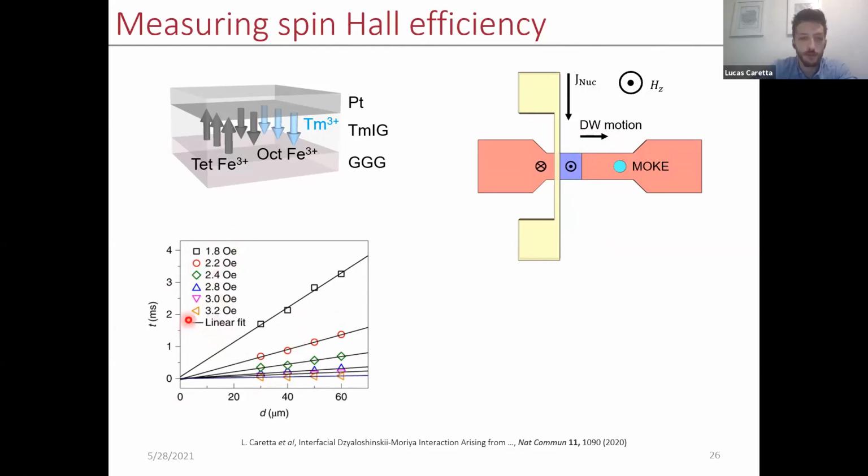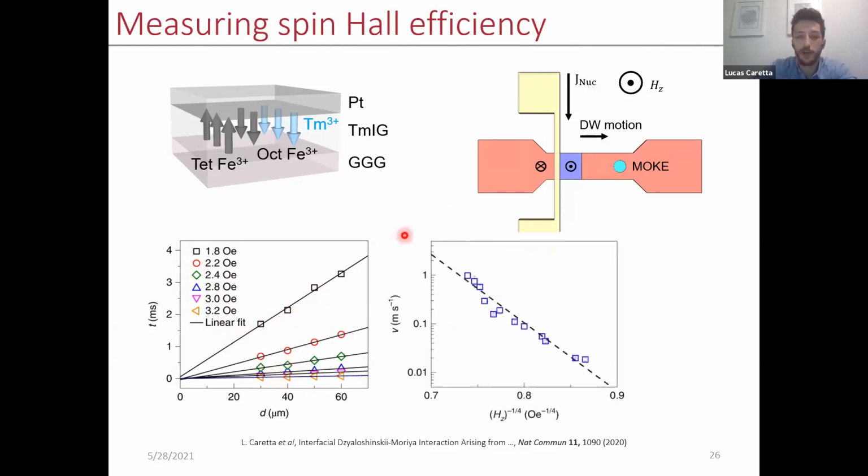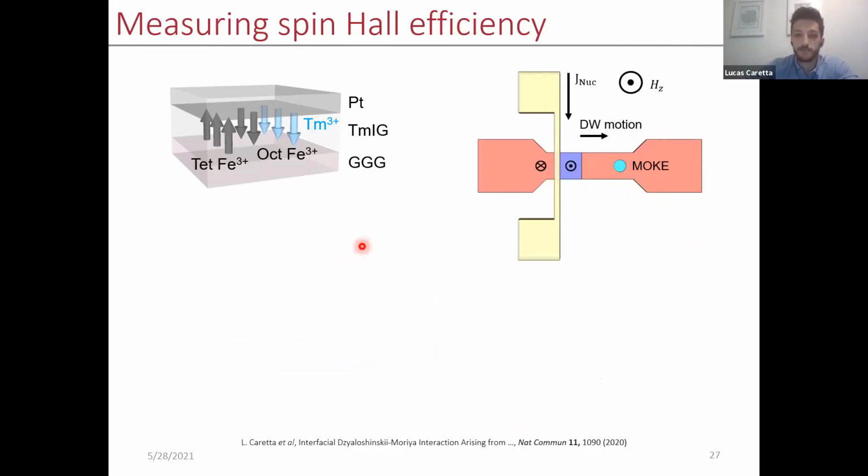And you can plot this out, and if you take the slope of this curve, this is the velocity of the domain wall. So here I've plotted the velocity of the domain wall as a function of magnetic field, or actually inverse magnetic field, and that's why it goes down. And so this is a useful way to probe domain wall motion in these systems using a very straightforward time of flight technique. Now, we can also add a current to the system as well.